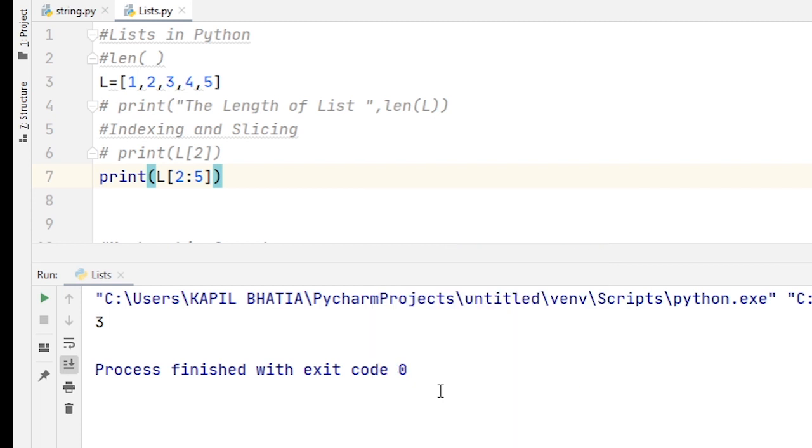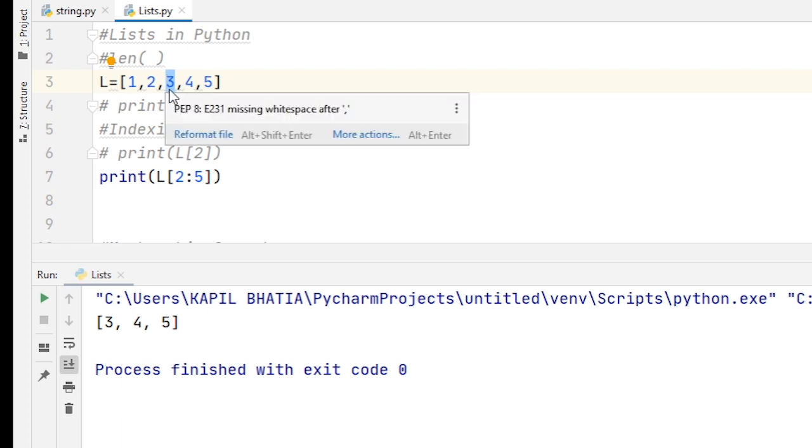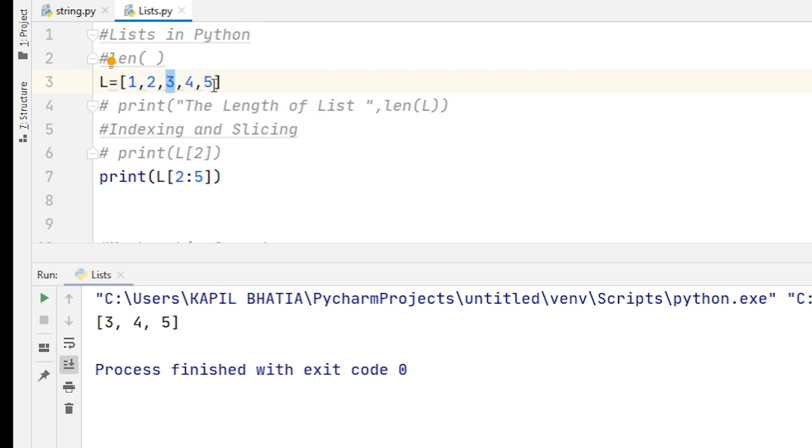It will return a sublist. The starting value of the sublist is 2 and the last value is 5. So 0, 1, 2, that means the sublist starts from the second position and the elements are 3 to 5, that means up to 4 positions. Okay, so I hope you understand about indexing and slicing.